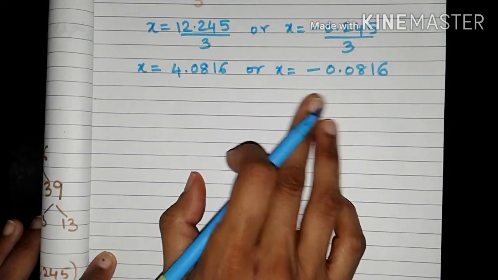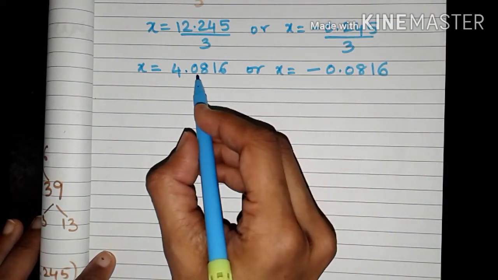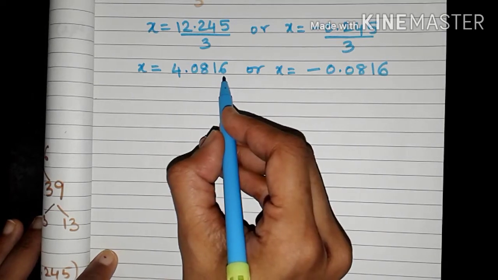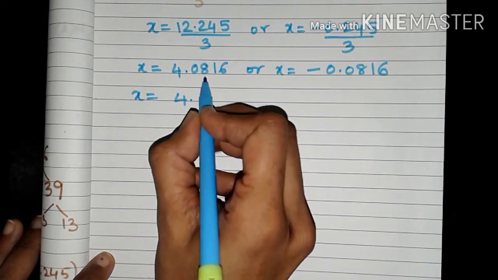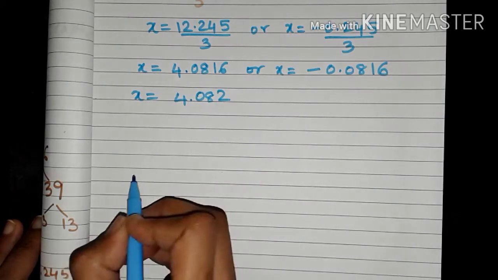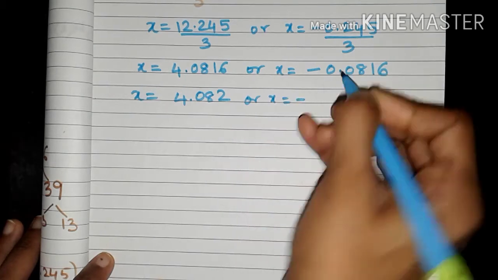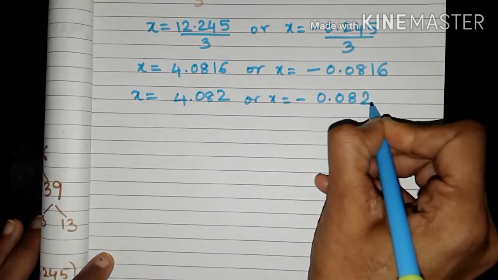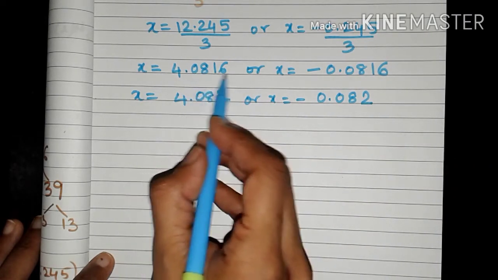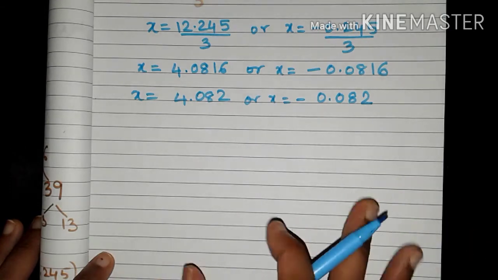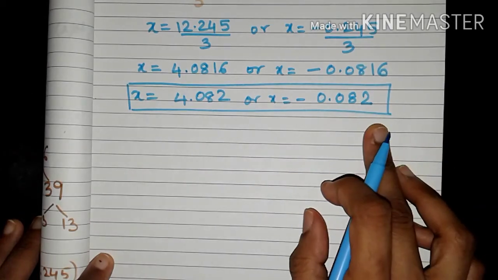0.0816. Friends, we have to get the answer correct to how many decimal places? 3 decimal places. So at least do the division and get till 4 decimal places so that you can do rounding off. Okay. So when you do the rounding off correct to 3 decimal places, this is what you will end up with. You'll get 0.82 because of this 6, and the same way here also you'll get 0.82 again because of this 6. So please take care. You have to do the division correct to 4 decimal points so that you will get the accurate answer. So the final answer is this value correct to 3 decimal places.